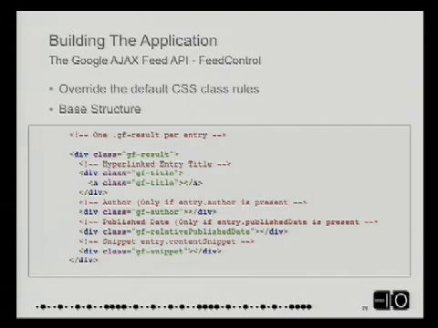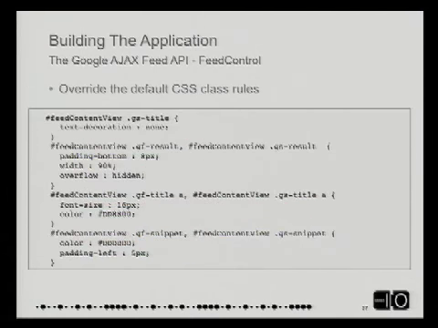You won't see orange as a default, but this app uses orange, and so obviously we're going to have to override some of these things. If you remember the slide that I showed you, the base DOM structure of the application, the feed content view was essentially the detail view, and it was at the bottom. And the way you can allow the default CSS to be overridden is you just make a more specific rule.